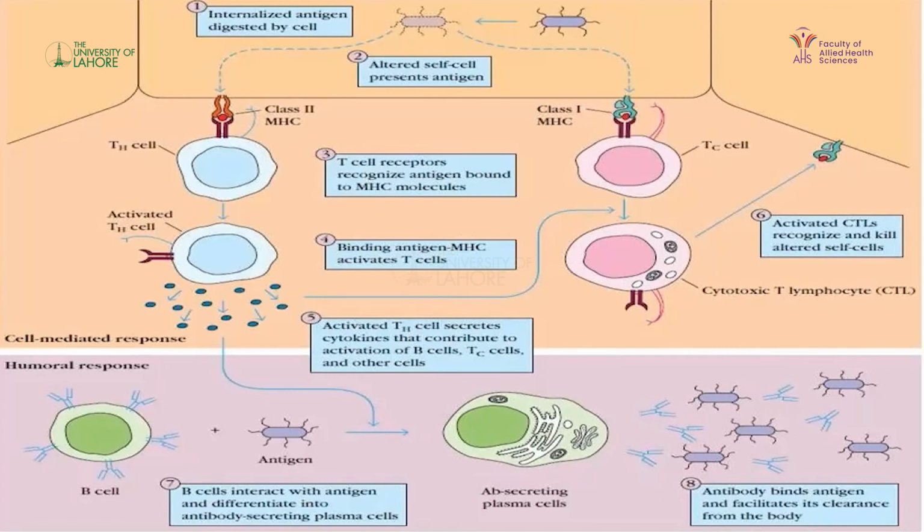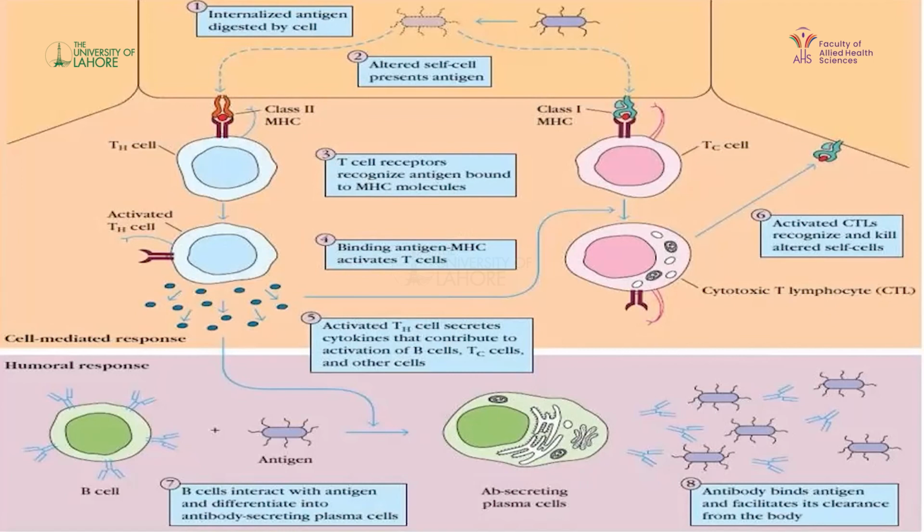In the second step, we have the altered cell presenting antigen. Both antigens will be presented through class 1 or class 2 molecules. If the antigen is presented on MHC class 2 molecules, it will interact with the T helper cells. If the antigen is presented on MHC class 1 molecules, it will interact with the